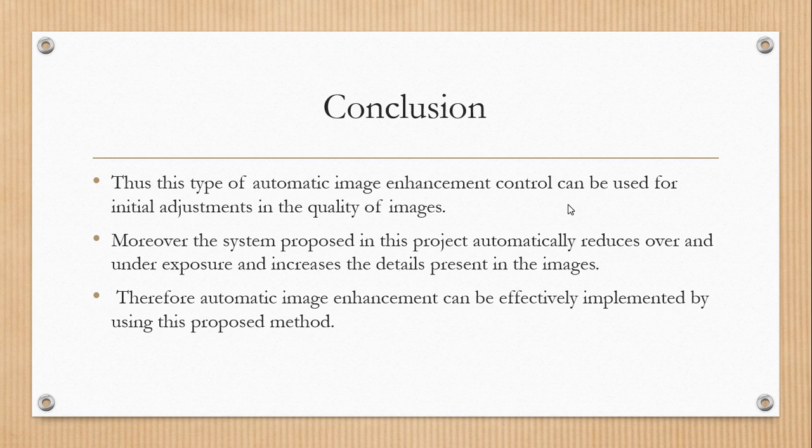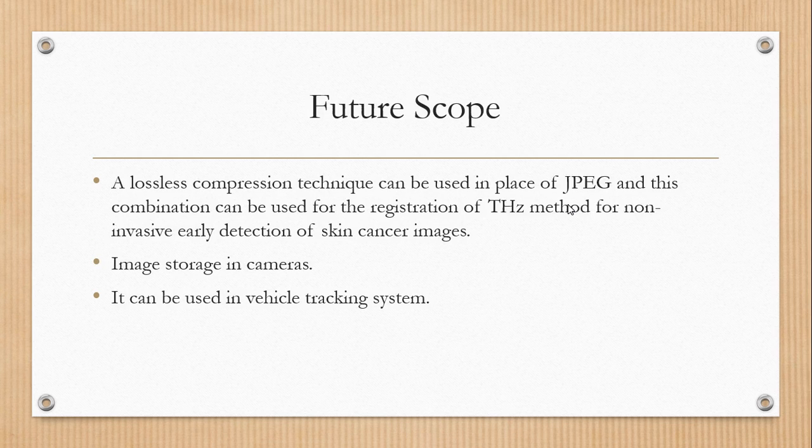It can also be seen that this system can be used as the initial adjustment for photometry. Also, it is very efficient and effective. The future scope of this project is that the JPEG encoding can be replaced with any lossless coding. Thereby,